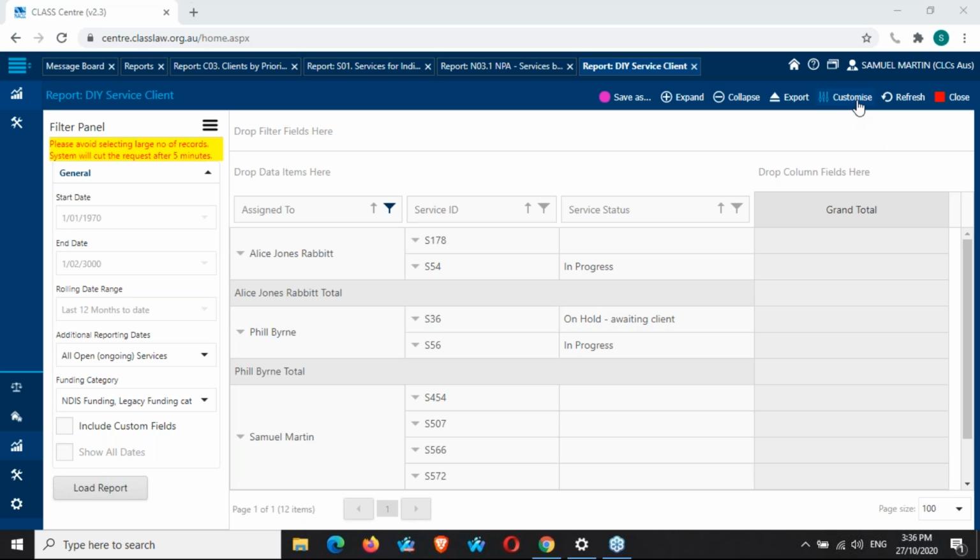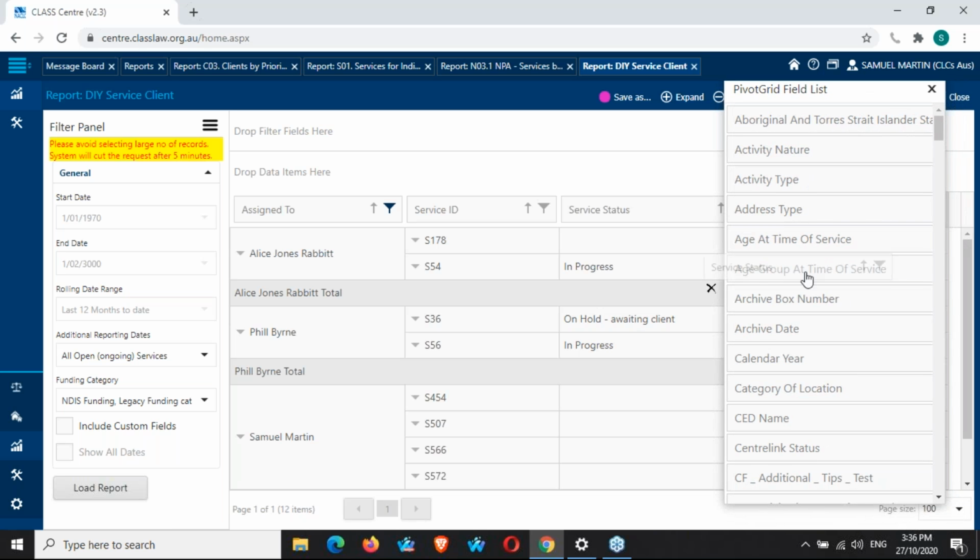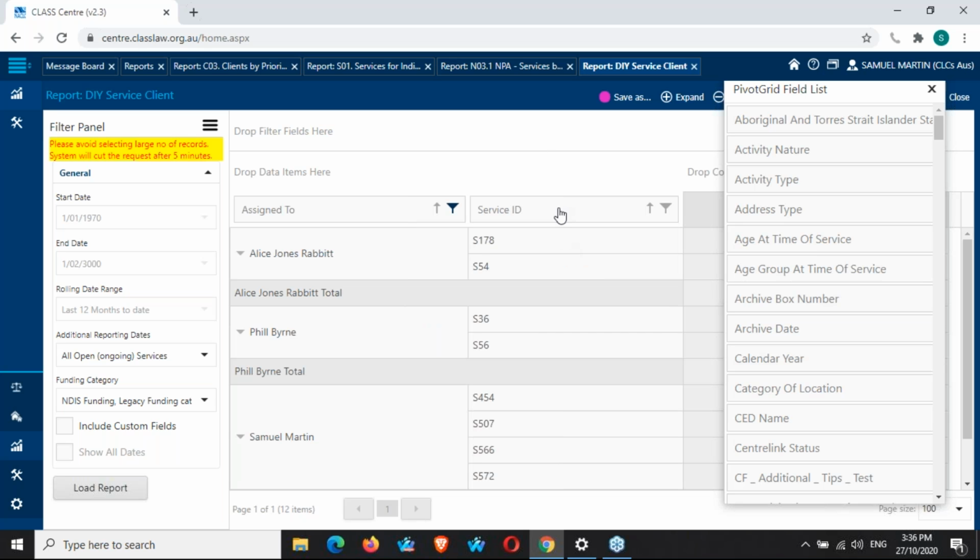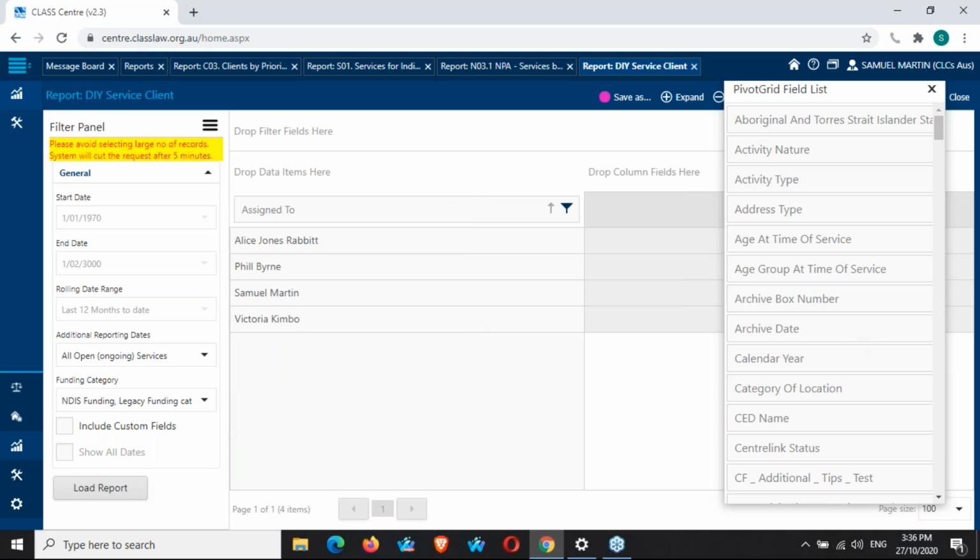So, all right, one of the things we haven't spoken about yet is the custom fields. I'm just going to take a couple of these out just to make this report look a bit nicer. Okay, so part of class is customization. We're able to customize class to work the way our center likes. And part of that is adding custom fields. So if you do have custom fields in class, you can get your data from those custom fields in these